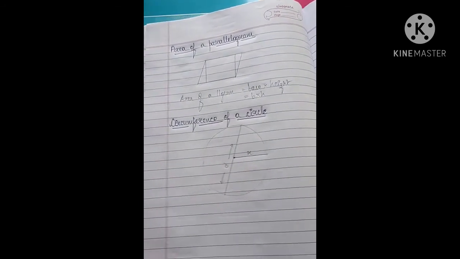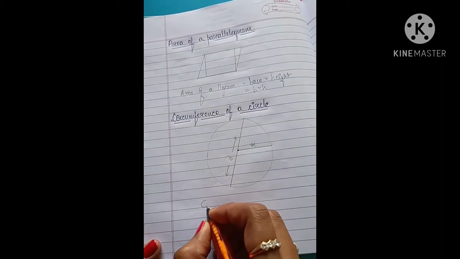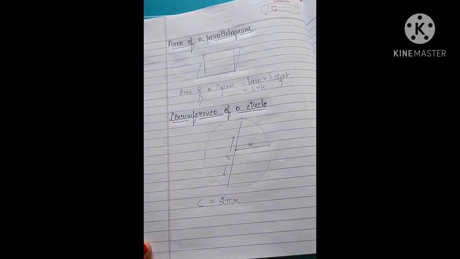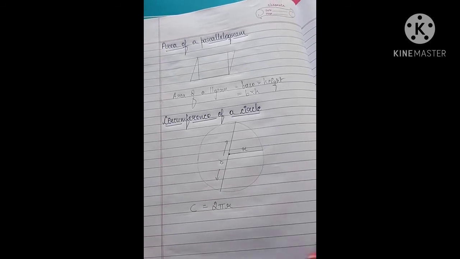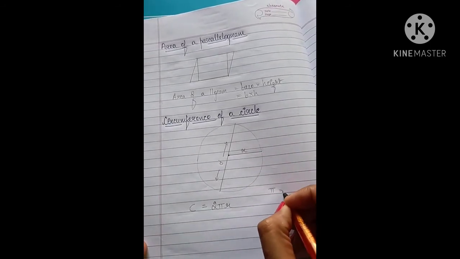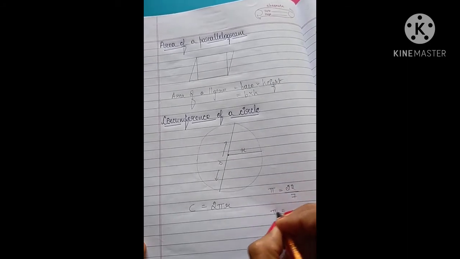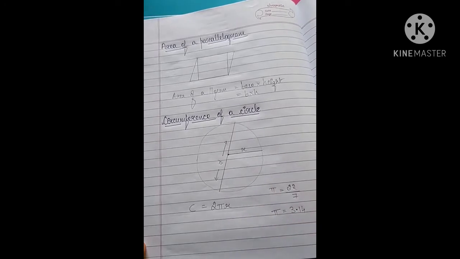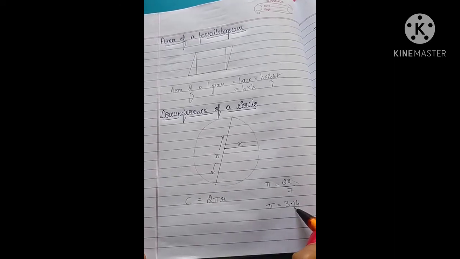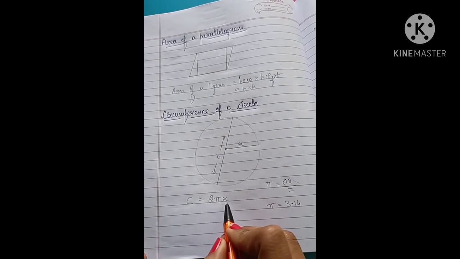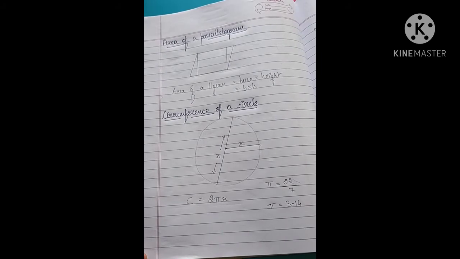So now circumference C is equal to 2 pi r. You might ask, what is pi, ma'am? Yes, pi is denoted by the value 22/7, or it is also denoted by the value 3.14. You can assume any of the two values when you are doing the problems. So 2 into pi into r, R is radius. Now let us solve a few examples, then you will understand.